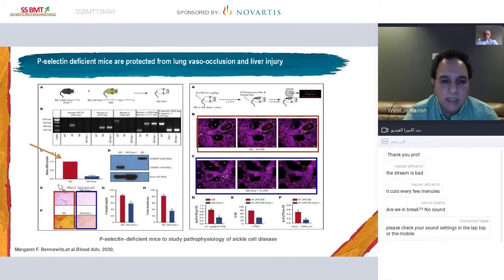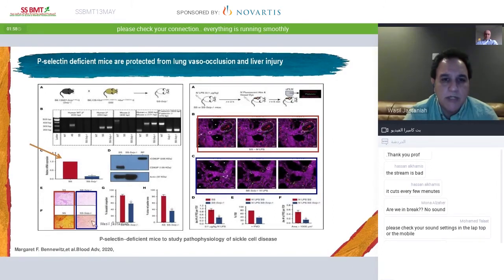And when they looked at the liver sections of these P-selectin deficient mice, they found that SS mice had an increase in sinusoidal congestion in this section as seen here, and increased collagen deposition indicating liver injury and liver fibrosis compared to the